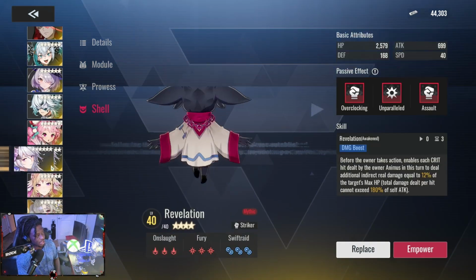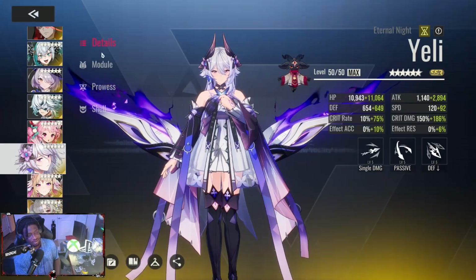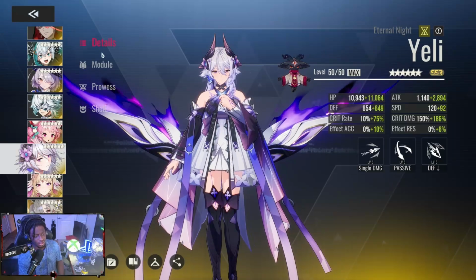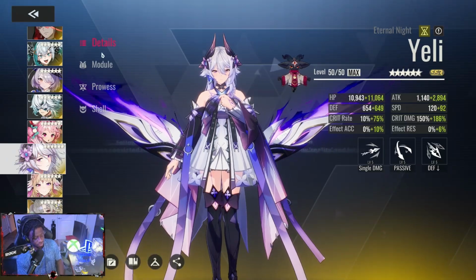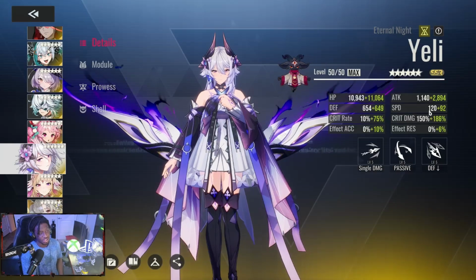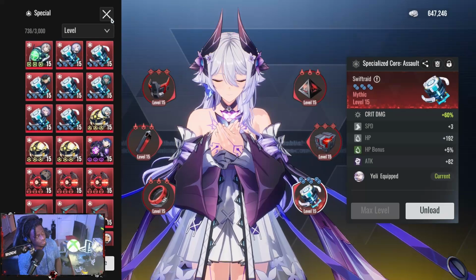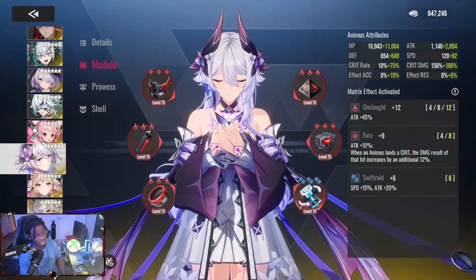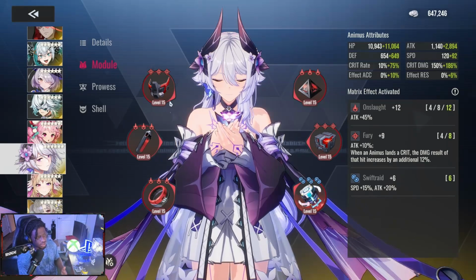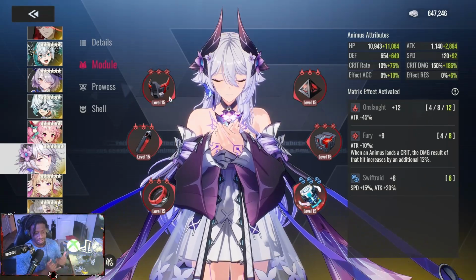And next on my list will be Yeli. Yeli is fantastic. Everybody knows Yeli at this point. I keep changing gear on her. I don't know what's wrong with me. I go through it all the time, but she's pretty fast. I keep going for crit damage. I don't know, I'm at a crossroads when it comes down to that. But you want to have good gear on your AoE person. She can be replaced by Messiah,